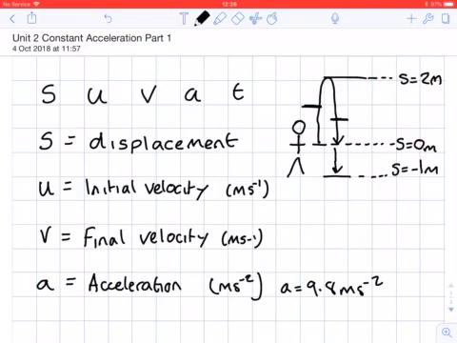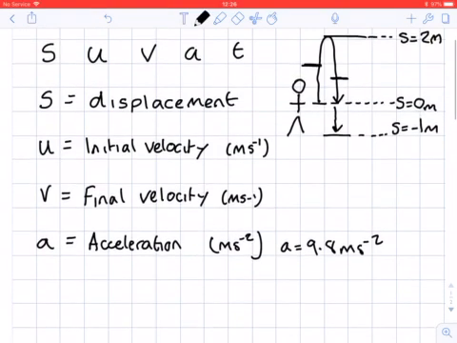Now, if you recall, I said that we would normally set our initial velocity as being positive. Now, if we're throwing something up into the air, then acceleration is always acting downwards. That would have to be denoted as negative. So you need to be very careful as to whether you're throwing something up or just dropping it. Acceleration as well, we would normally denote as a double arrow. And obviously with gravity, that would be acting downwards. My final value is time measured in seconds. And that helps us denote